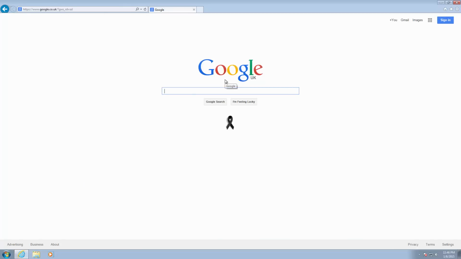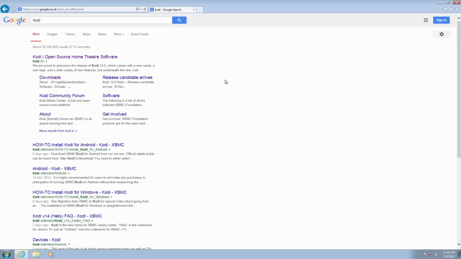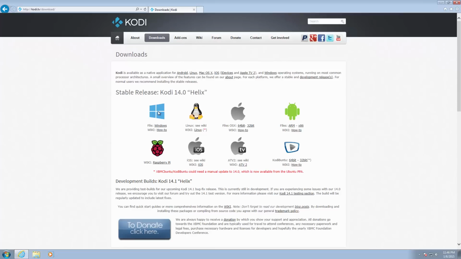In Google, you want to type in Kodi, and then you want to select the first link. Then you load up the Kodi website, and from the Kodi website you want to click on the Downloads tab at the top, and then select your operating system, in our case Windows. You want to click on Windows,